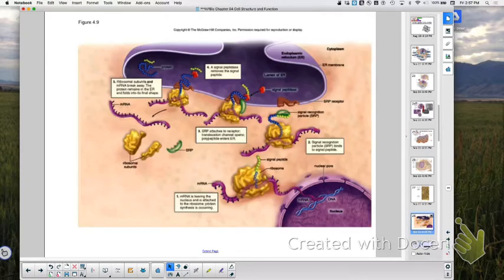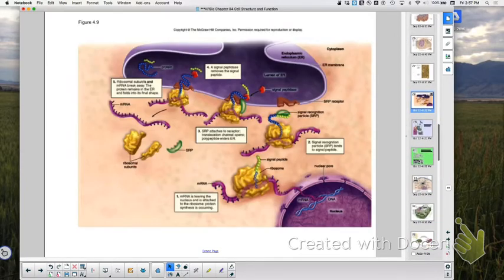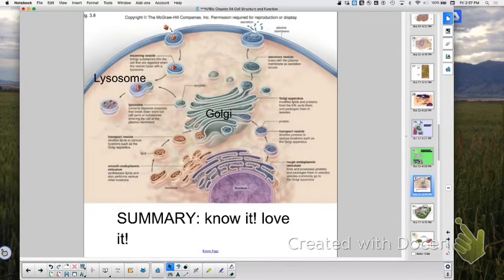And here's just a little peek at that. Okay, and then here you can see small and large ribosomal subunit and the protein moving into the ER. And this actually is my favorite picture here. That's a good one in your book. So you can see the nucleus, you can see the rough ER, you can see proteins going to the cis side of the Golgi, you can see packaging of lipids and going to the Golgi. The Golgi can send it for export, exocytosis,